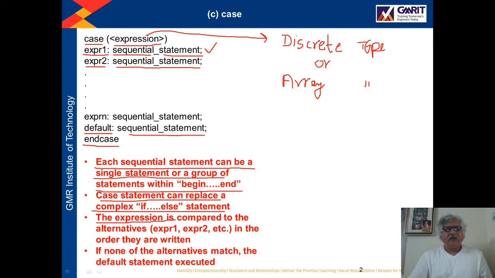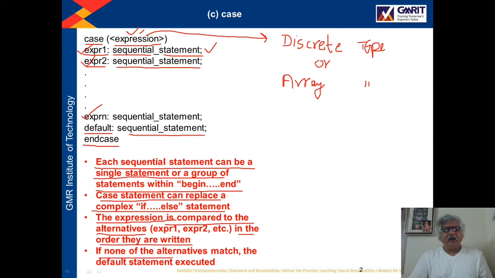The expression is compared to the alternatives. This expression may have a certain value, and that value will be compared with expression 1, expression 2, expression 3, up to expression n, in the order they are written. In the same order as these expressions are written, the comparison will be done.